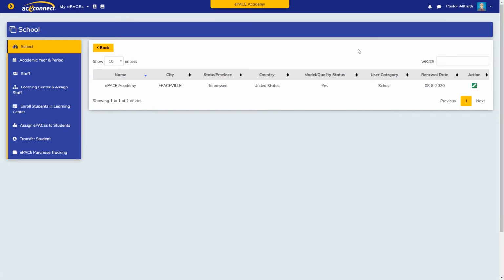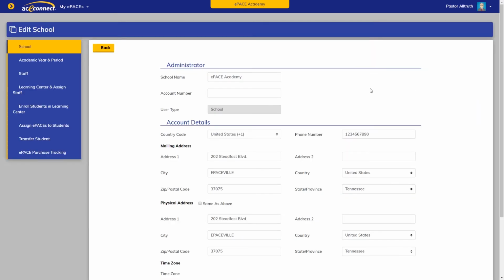Your school setup process consists of the first 6 tabs that you see in the sidebar. Currently, you are in Tab 1, which is labeled School. The School tab is already completed based on the information you provided when you registered with ePACE. You may update or edit the information under the School tab by clicking the green Edit button and saving any